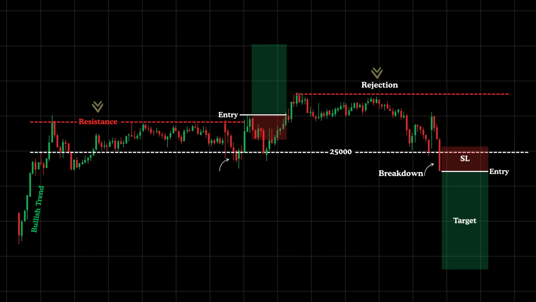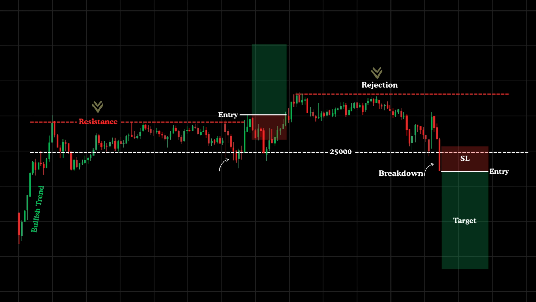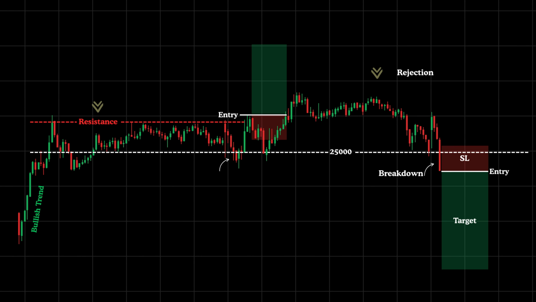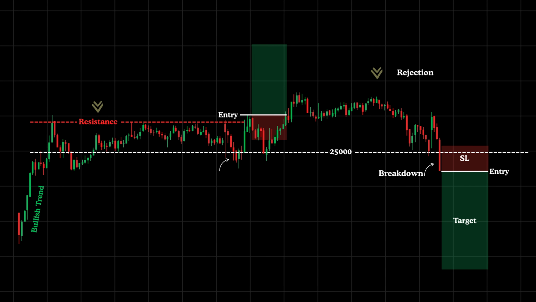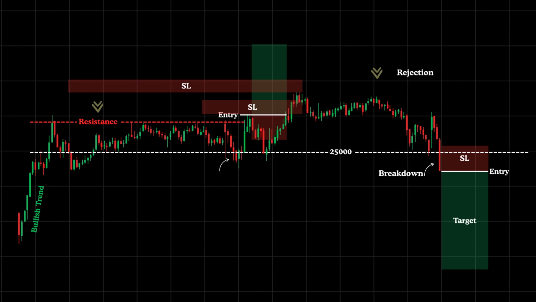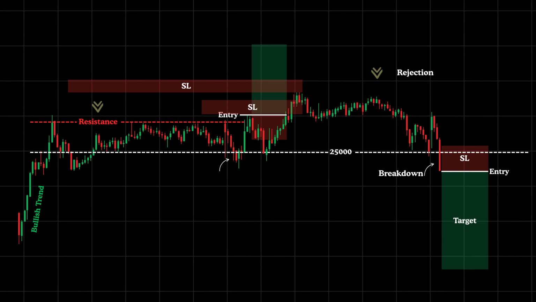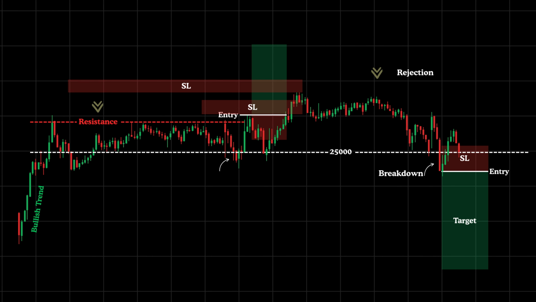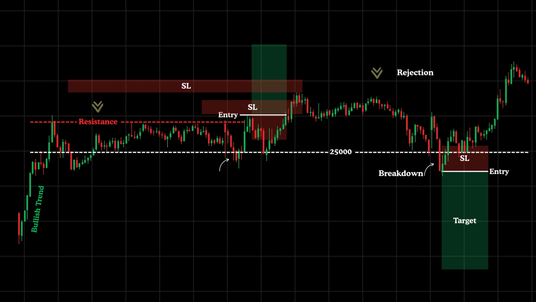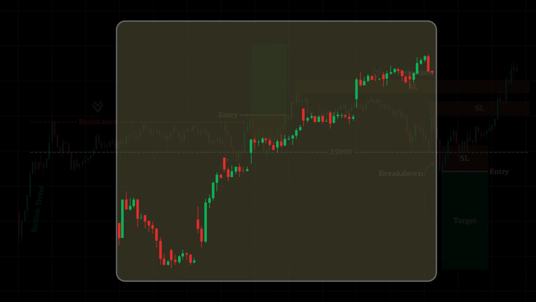Their logic: the market has failed to go up for 2 days and now has finally broken key support with strong confirmation. As a result, stop losses of both previous and new sellers accumulate just above this area, creating a significant liquidity pool. To grab this liquidity, the market swiftly reverses upward, stopping out both short-term and fresh sellers. If you zoom out to a 1-hour chart, you'll notice that the market is still in a strong uptrend. This means the broader sentiment is bullish, but many traders get trapped by focusing solely on short-term, minor trends in lower time frames. This is a textbook example of how operators use trend breakout inducement to mislead retail traders and